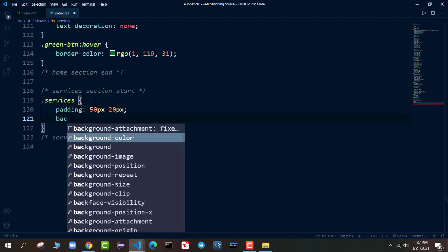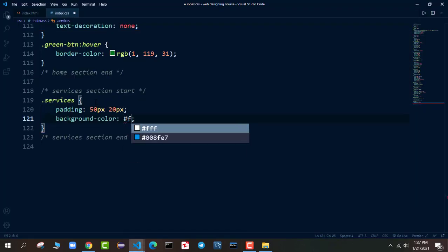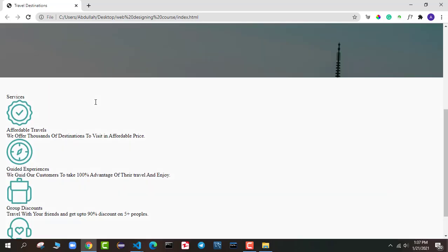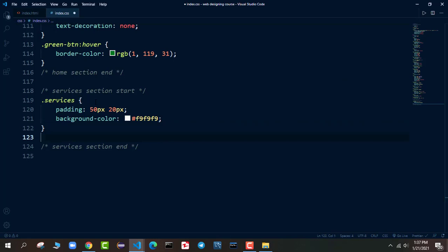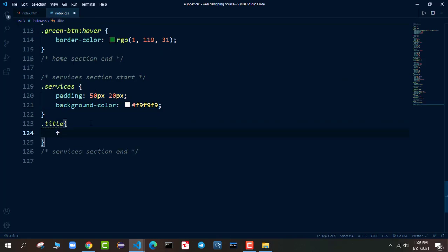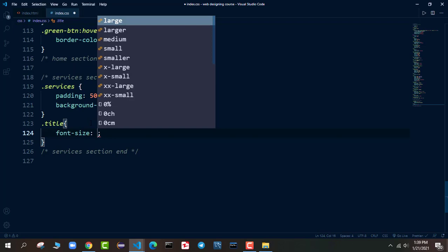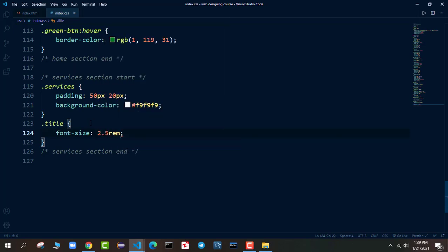I want to apply the background color as #F9F9F9. So it is the recommended half-white background color that we use in our websites. I want to style the title class, so the font size of the title will be 2.5 rem. Now we are using the rem unit, and the text should be aligned to the center. That's all that we are doing here.